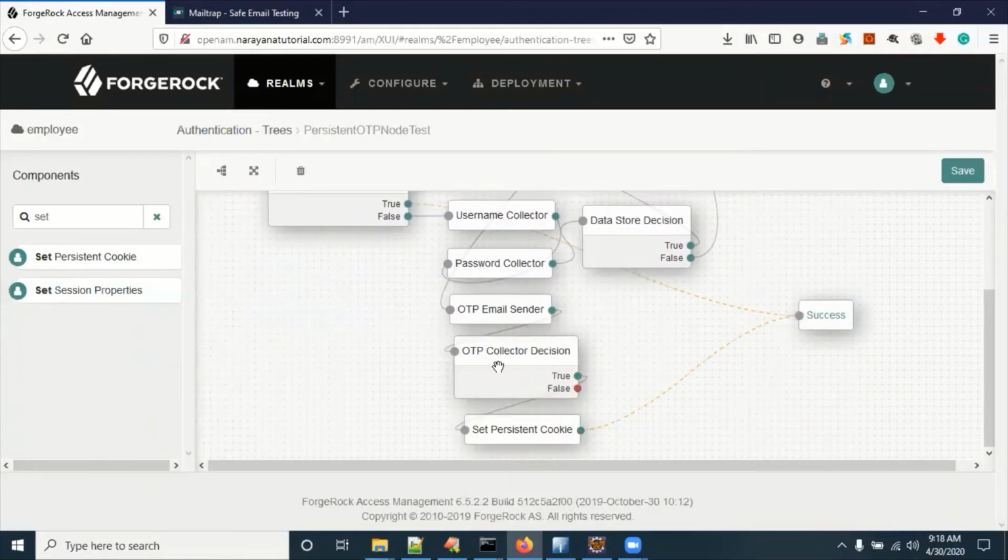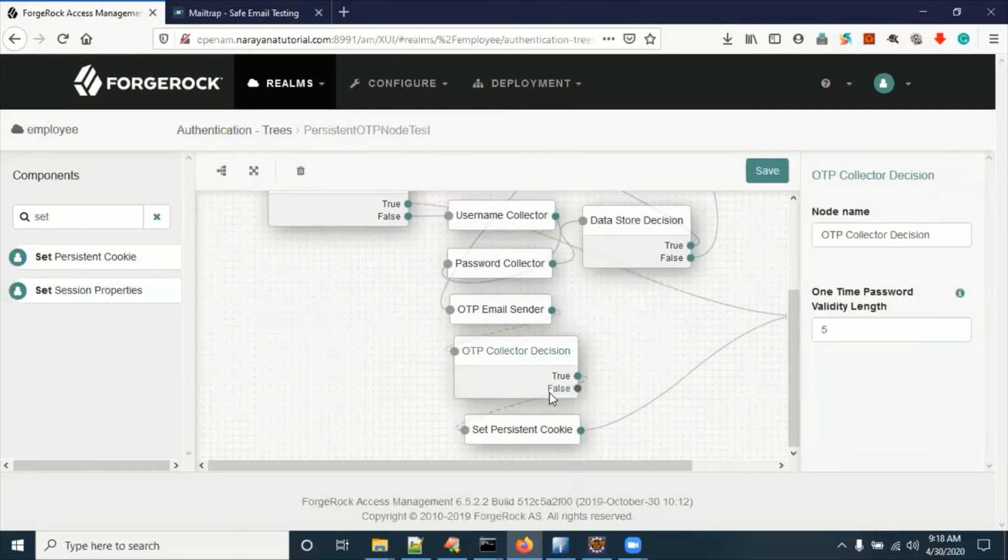Okay, now we have one node here, and one outcome is available, that is false. So if the OTP is wrong, you can ask to retry, you can re-enter the OTP, using the retry limited decision.